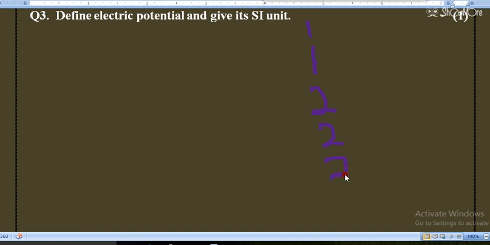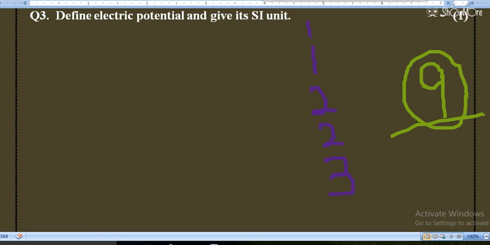Overall, the total weightage from the physics portion was 9 marks out of 25. So now, without wasting any time, let's start the session and discuss the answers of the questions that were asked